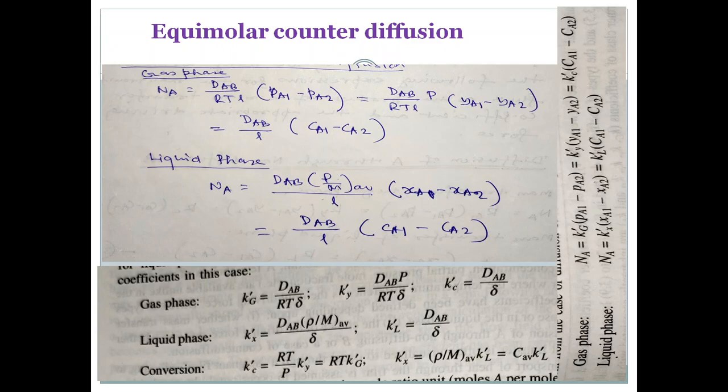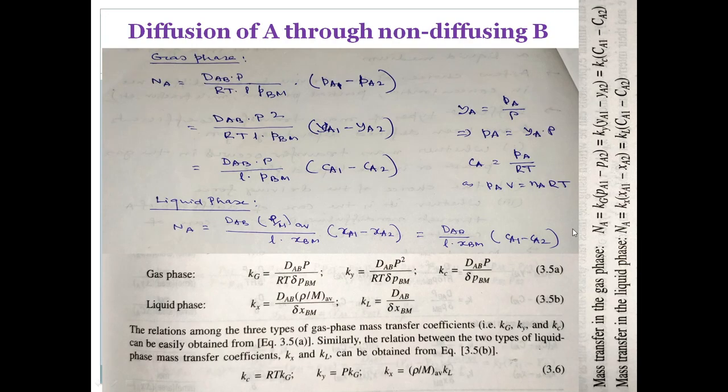So the key thing is, what are these equations? This is the equation for equimolar counter diffusion, and this is the equation for the diffusion of A through non-diffusing B. If you can remember this, and make some practice, then other things will come automatically. Okay,